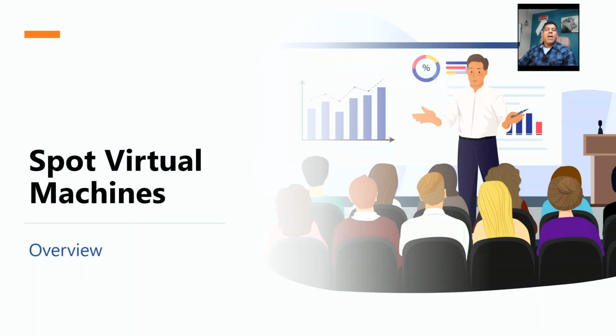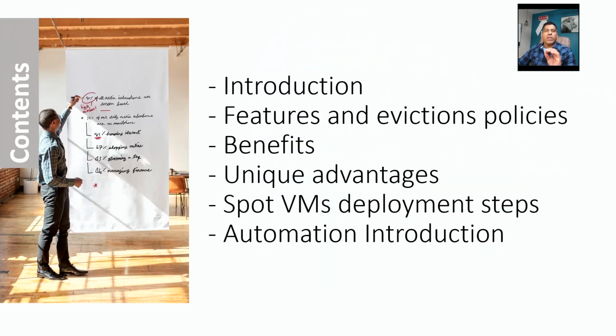Okay, as always, I like to get the terminology out of the way just because this is very important. What we're going to talk about is what Spot instances are, the features, the eviction policies, and how you're going to handle those, because it doesn't matter how you do it. You can do it from the portal, you can do it from a script, from a Terraform script or a Bicep script. Doesn't matter how you do it. You're always going to have to select these options, how you're going to handle eviction, and what you want to do with your data. We're going to talk about the deployment steps. We're going to go through a way how to do it from the portal